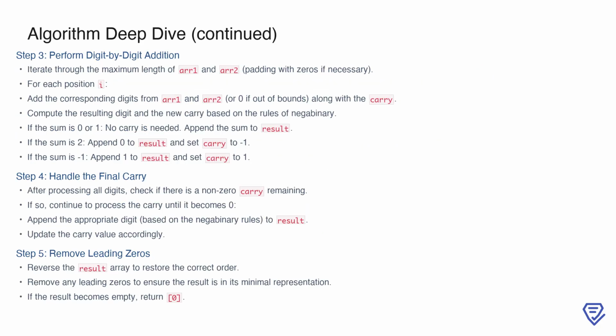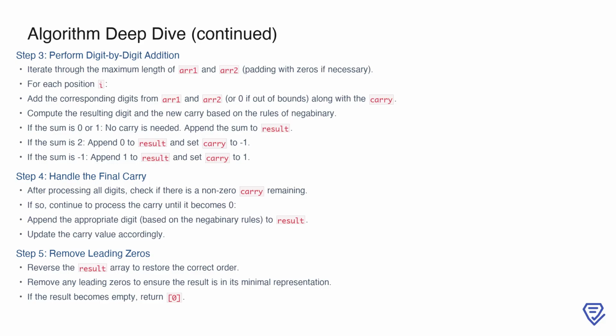Now, we perform the core operation, digit-by-digit addition. To do this, we iterate through the longer of the 2 arrays, padding the shorter one with zeros as needed. For each digit position, we add the corresponding digits of ARR1 and ARR2, along with the current carry. The result of this addition determines the digit to append to the result array and the new value of carry,